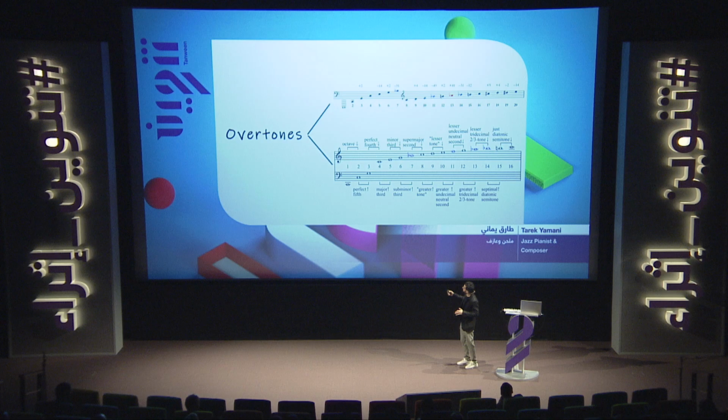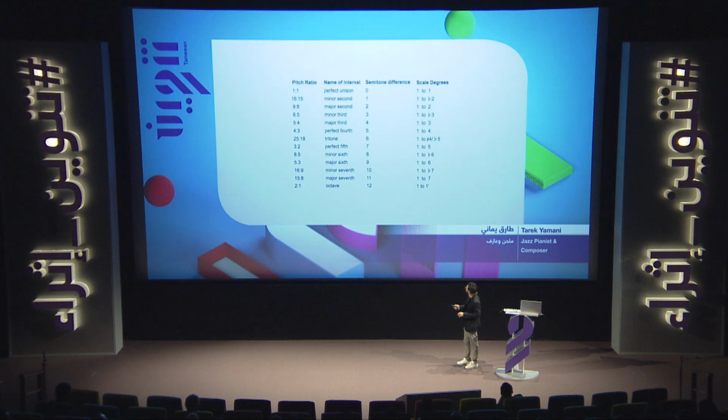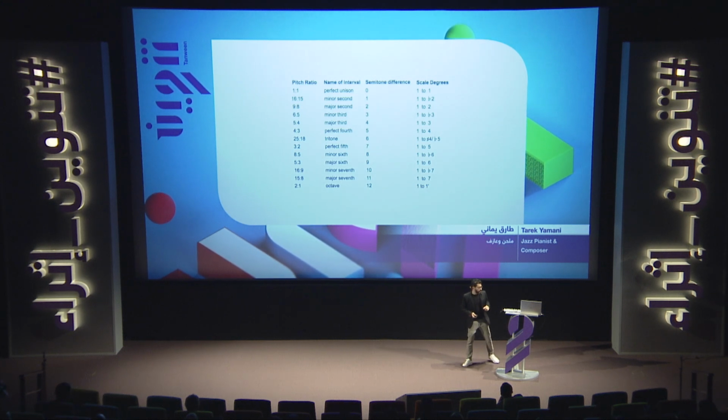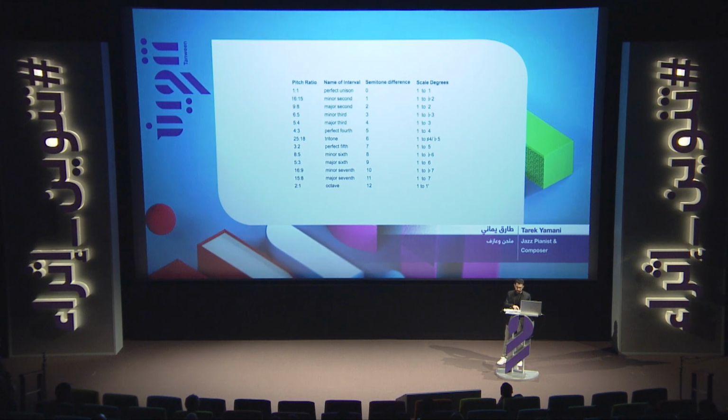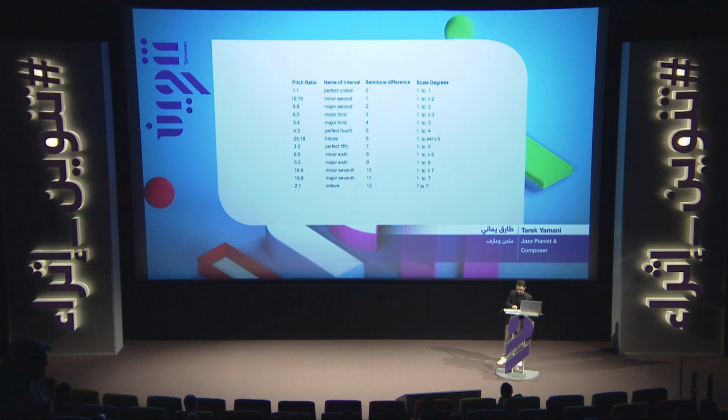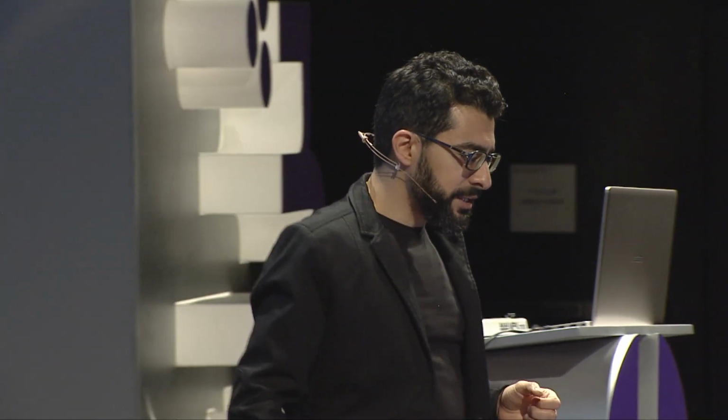Okay? And then every interval here has a ratio. So we have a lot of different intervals. For example, I'm going to choose the perfect fourth, as you see, is 4/3. A perfect fifth is 3/2. That's a perfect fifth. For example, a minor 7, that's the sound of a minor 7. That's a 16/9. So when I was looking at these intervals, I couldn't help but notice that there are ratios